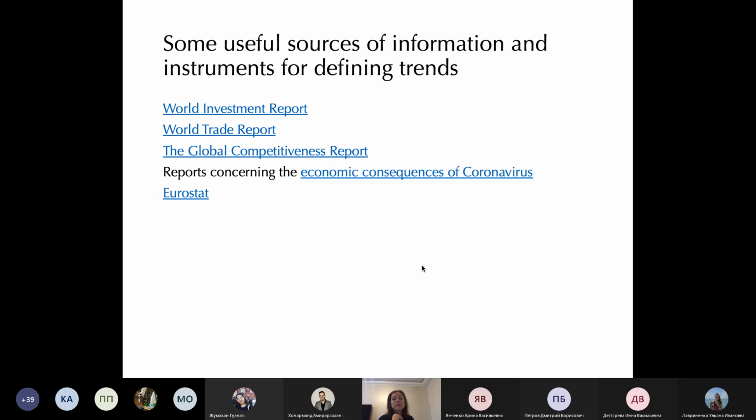It was called the Doing Business Report, and they were analyzing the ease, so how easy it is to do business in various countries. They were analyzing, again, those environmental factors in terms of taxes, in terms of regulations, and that was quite an interesting report to see in which countries it's easier